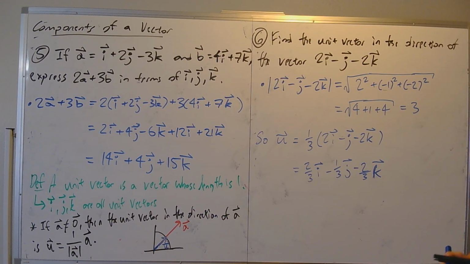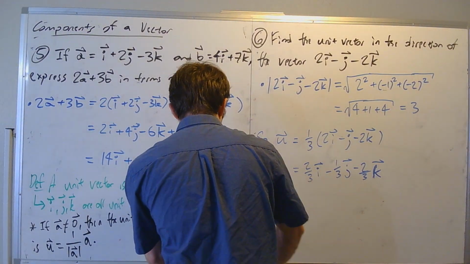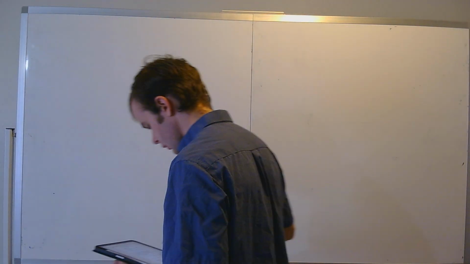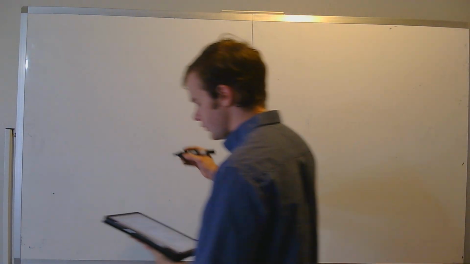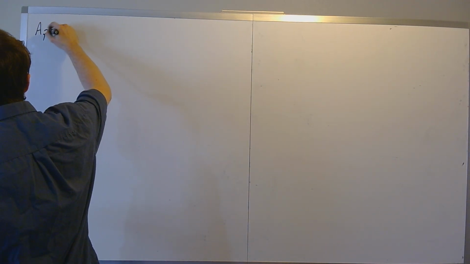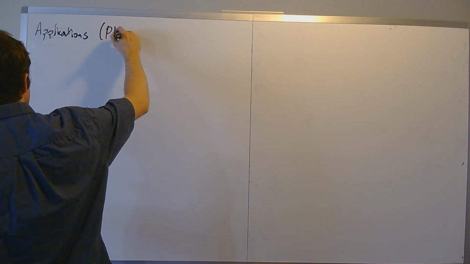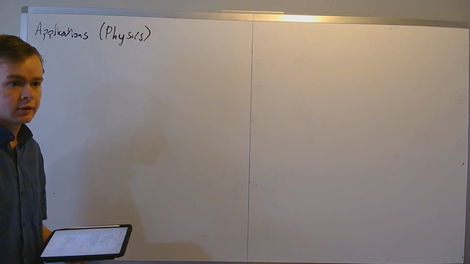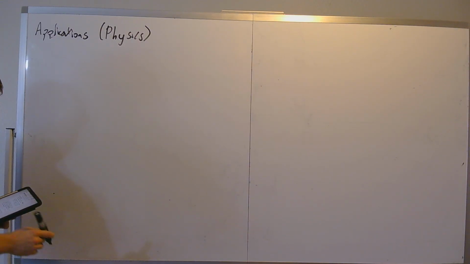Let me erase. Let me just flip it over. So all these vectors definitely have applications, and one of the applications I'm going to say is in physics. Calculus was actually invented by Isaac Newton to describe physics, to describe our natural world. So I'll say here,